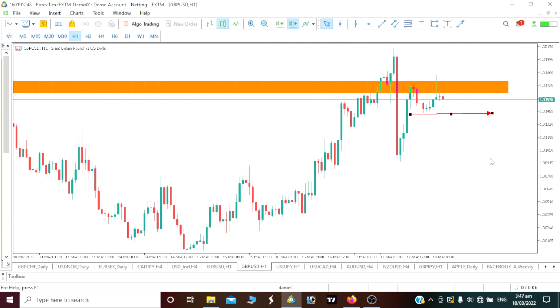Apart from that, we should be waiting and let's see how our price reacts. There is a possibility that our price can even push up to react before actually falling down. That is why I said we should wait. Let's see how our price reacts before we actually take that bearish move.